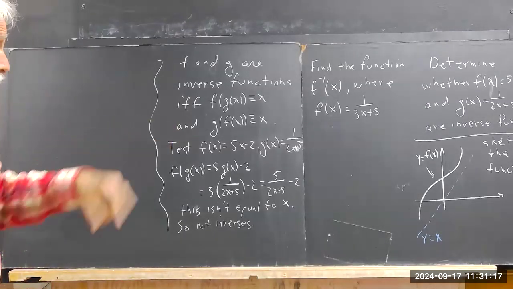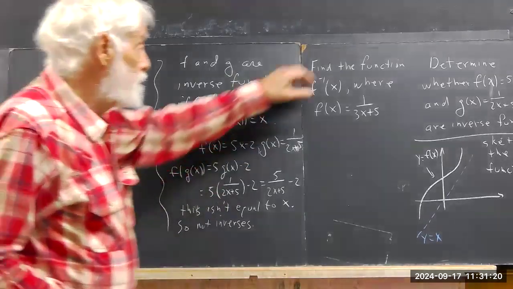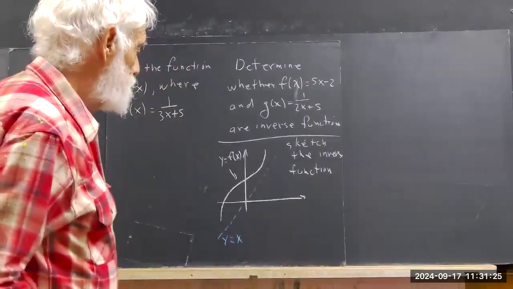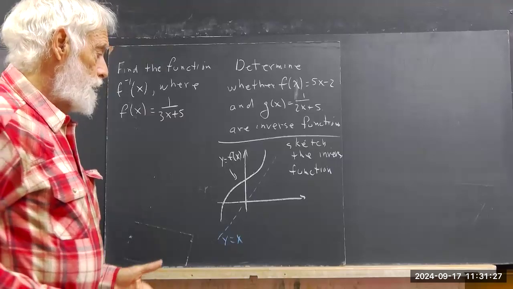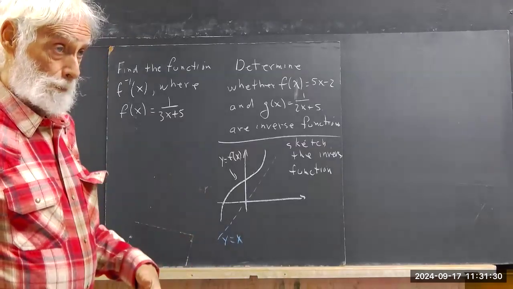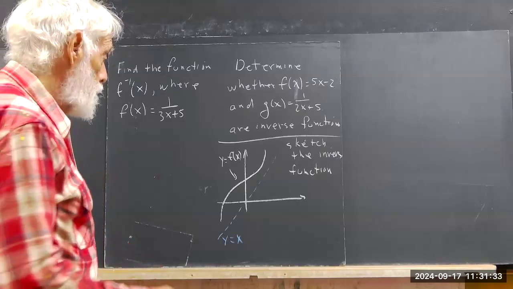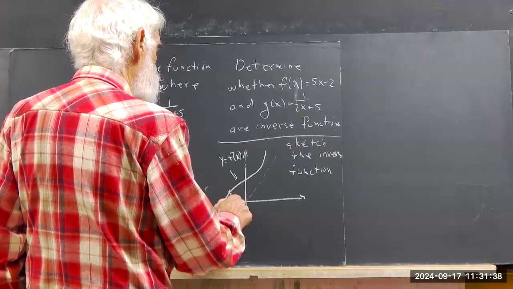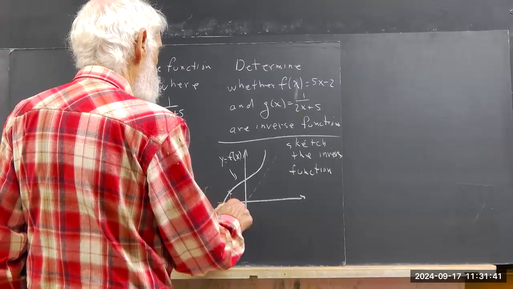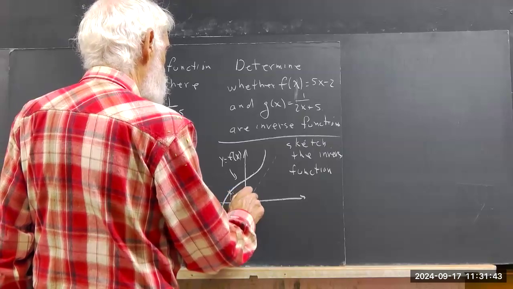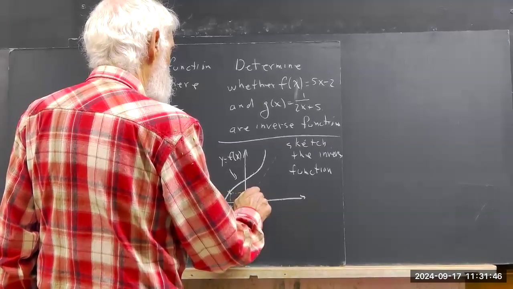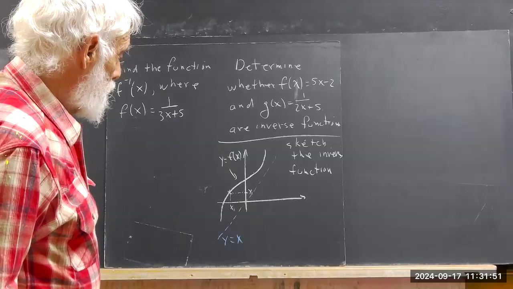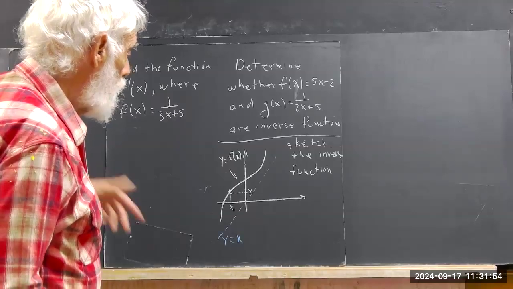Now sketch the inverse function, based on a sketch. Well, to get the inverse function, you just swap x and y. Okay. So for example, you've got this point here. Here's its x coordinate. Call this x1. Call this y1. Okay. If you plot y1, x1,